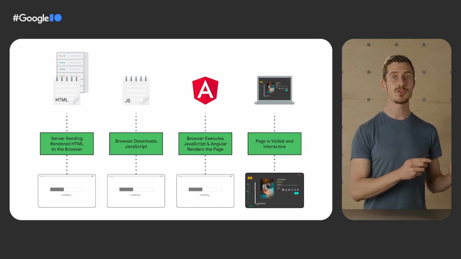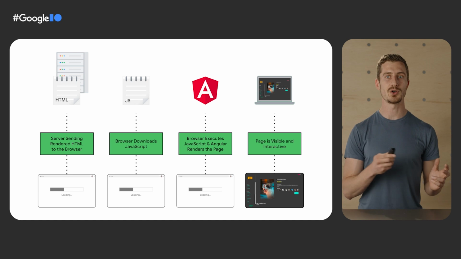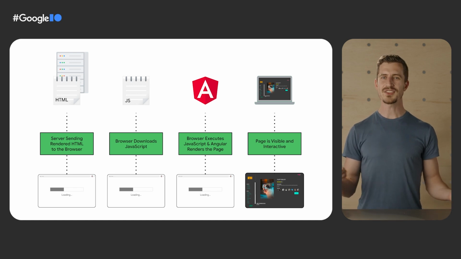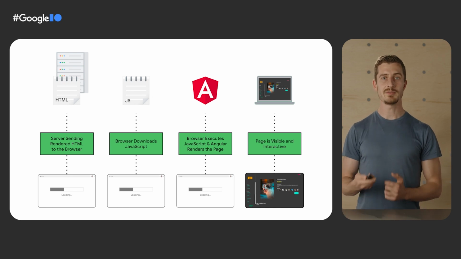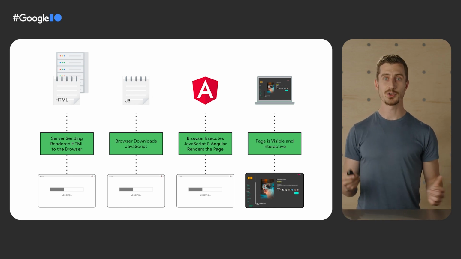For 3 out of the 4 steps, the user only sees a progress bar. That's not the best user experience. Depending on the network connection speed, it may take tens of seconds for the application to show useful information. In this particular case, we don't need to make the application interactive immediately. This is a content website, which means that even if you only show the movie list, the page will be still useful. After that, we can load the associated JavaScript and add interactivity.